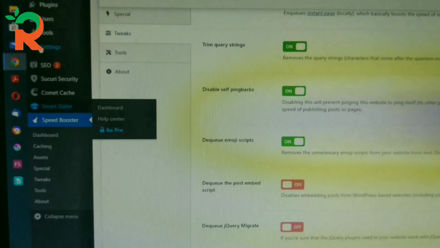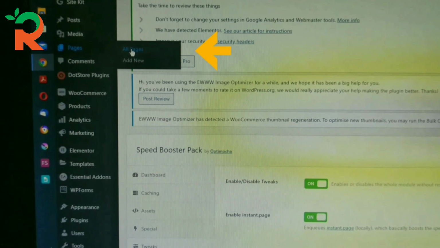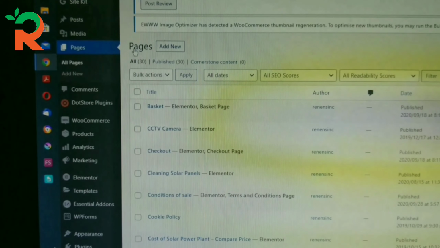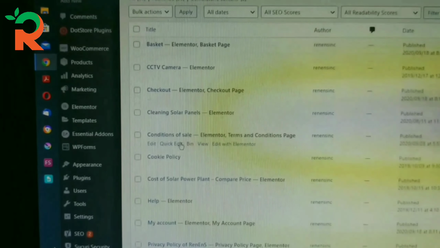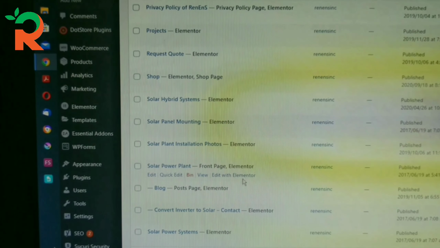Now we have to go back to the dashboard once again, or to the pages, to be precise, and click on all pages. Now select any page. I will show you the home page itself. It's called Solar Power Plant. Yeah, I clicked on edit with Elementor.